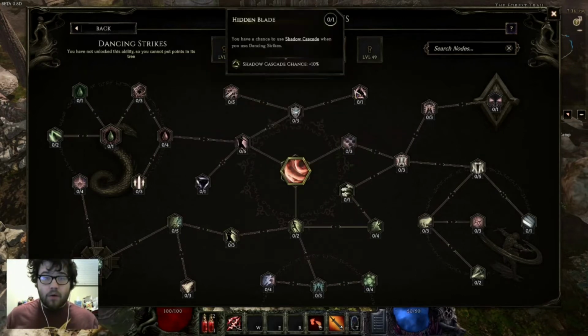We also have this node, Hidden Blade. You have a chance to use Shadow Cascade when you use Dancing Strike, right? Well, that's 1 in every 10 Dancing Strikes. That is not enough to sustain itself. Like, if this was 20%, if you could invest 5% per node for 4 points, I would so hop on that. 20% means almost every single rotation you do a single Shadow Cascade, and that would be very strong. But as of right now, I just don't think 10% is enough, especially in this kind of meta